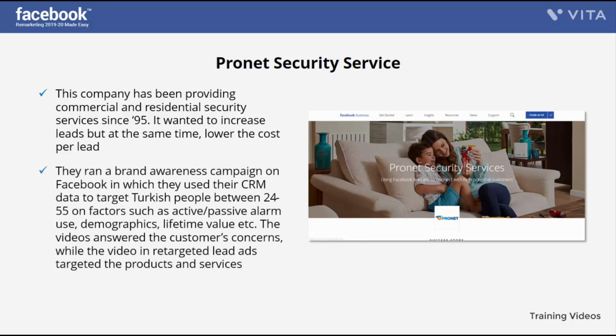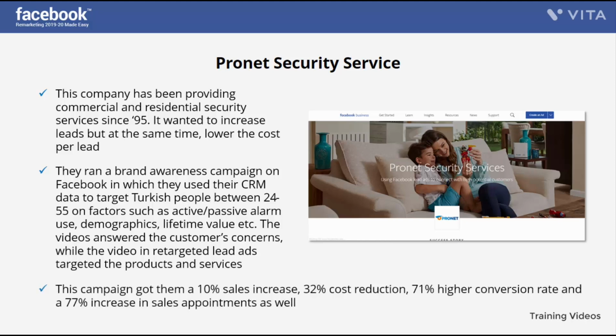They ran a brand awareness campaign on Facebook, in which they used their CRM data to target Turkish people between 24 and 55 on factors such as active passive alarm use, demographics, lifetime value, etc. The videos answered the customers' concerns, while the video and retargeted lead ads targeted the products and services. This campaign got them a 10% sales increase, 32% cost reduction, 71% higher conversion rate, and a 77% increase in